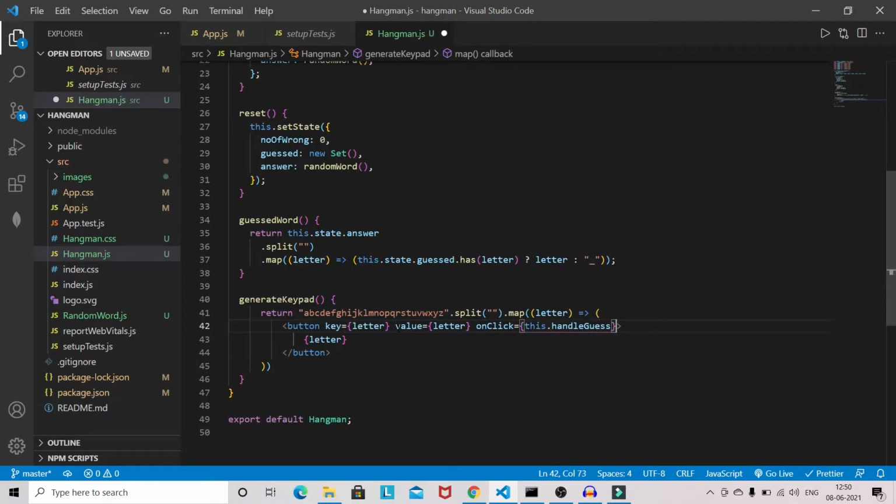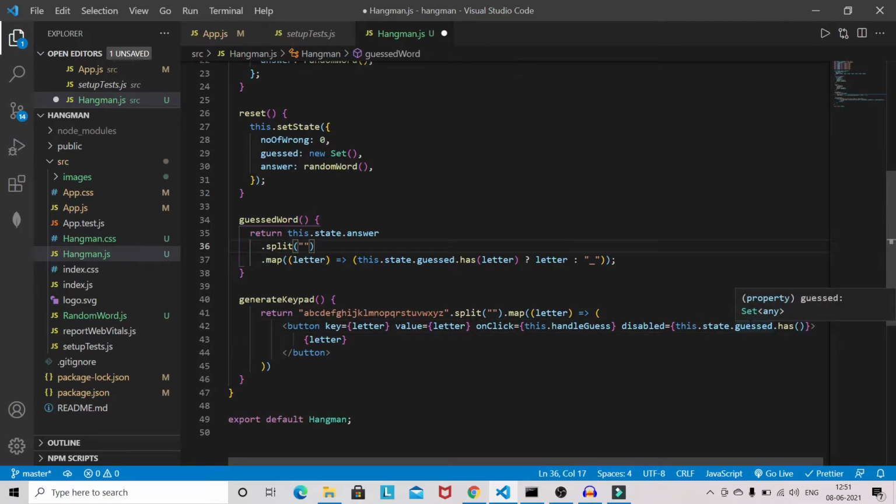We have to write this method, and disabled. If the user gets the correct letter, then we have to disable that button. And don't worry if the same letter exists more than once in a word, all of them will get printed. So if A is repeating, then it will fill all the guesses with the A. I hope you understand what I'm trying to say.